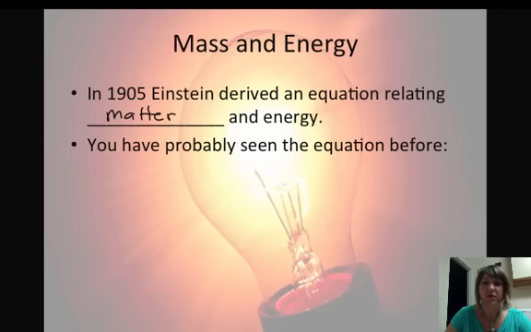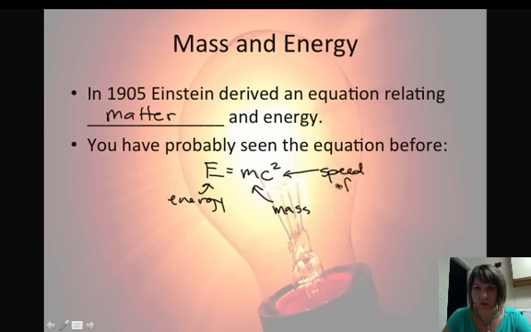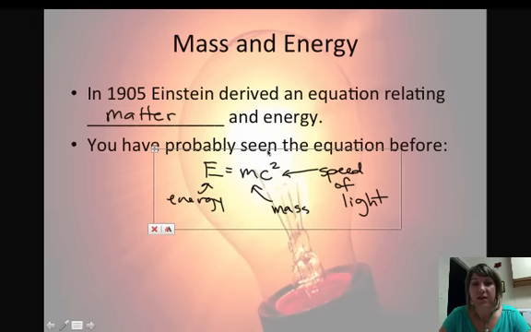And you've probably seen this equation before. Remember what Einstein said? E equals mc squared, where E represents energy, and m represents mass. And this quantity c, we're going to get very familiar with. It is the speed of our light wave, or speed of light. So basically he's saying if mass is destroyed somehow, it turns into energy. We'll talk more about that in class.